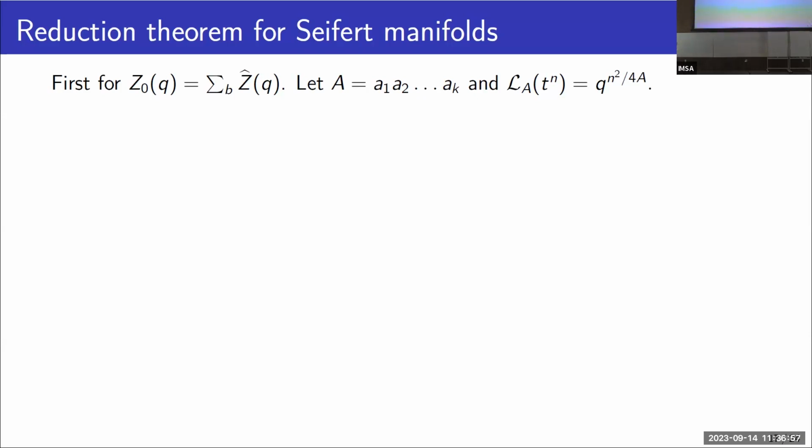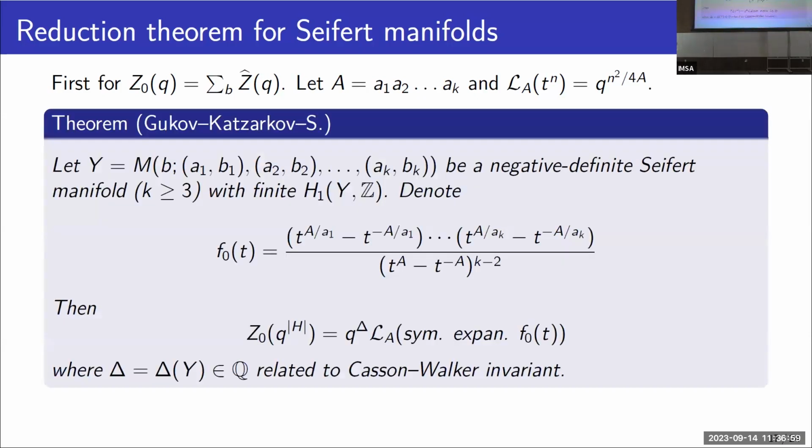Okay, so here is the theorem. So if Y is a Seifert manifold given by this Seifert data, and we assume the usual assumptions, like it's negative definite and the H1 is finite, then we denote by F0 this rational function, just in one variable,